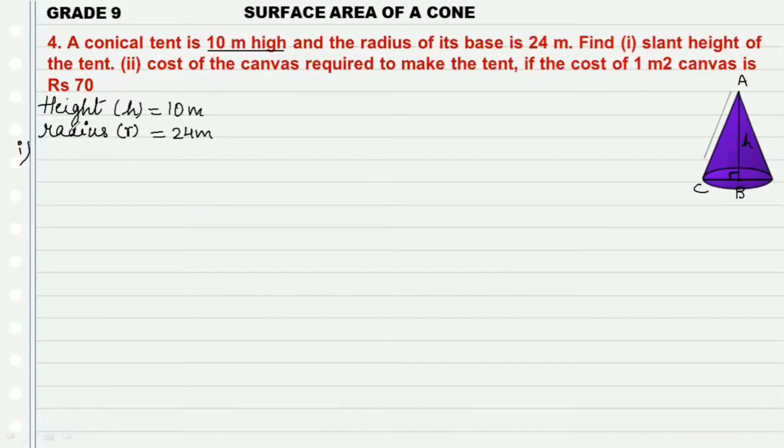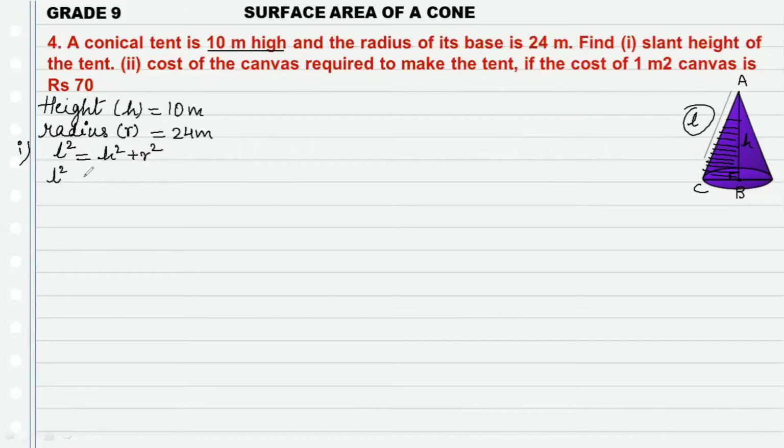So here L is the slant height, you have to remember that, okay? So we know that L square is equal to h square plus r square, right? This is your slant height. If you observe, this is your right angle triangle, that is your hypotenuse then, isn't it? So this is L square is equal to h square plus r square.